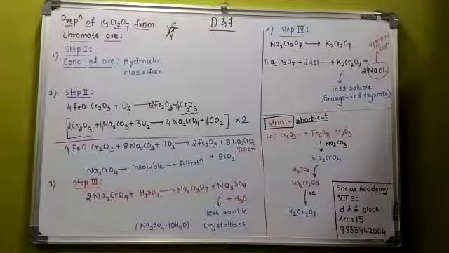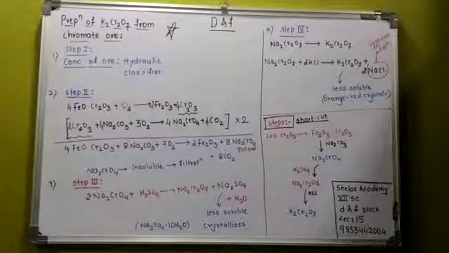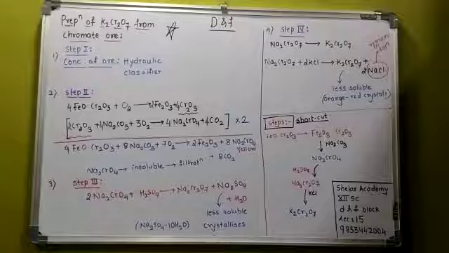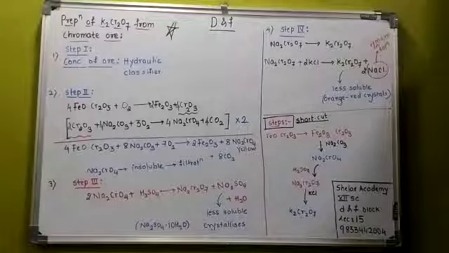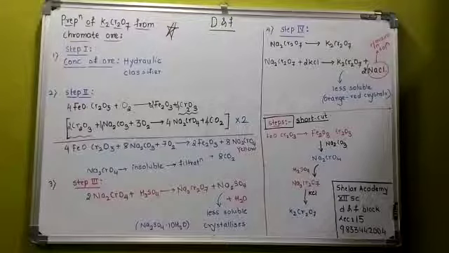Okay, so what we have got here in the next step, Na2CrO4, Na2CrO4, compare it on the right hand side. Next, now what are we supposed to do? Now we reacted with sulfuric acid. Step 3 is what? Conversion of sodium chromate to sodium dichromate. For this what we do is we reacted with sulfuric acid.